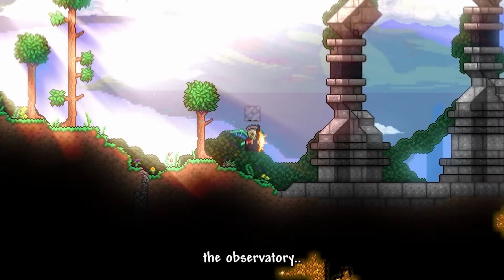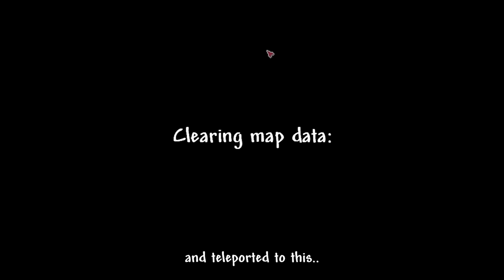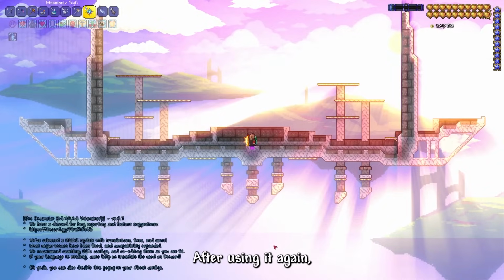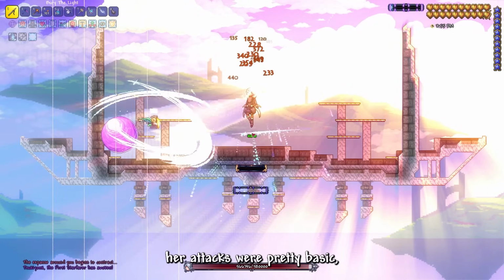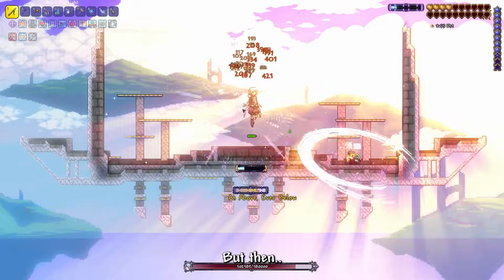So I went back to the Observatory and crafted the Mnemonic Sigil. I used a Mnemonic Sigil and teleported to this weird place. After using it again, I summoned Tsukiyomi, the first Starfarer. Is that how I pronounced it? At first, her attacks were pretty basic, and it looked like the fight wasn't going to be that bad. But then...